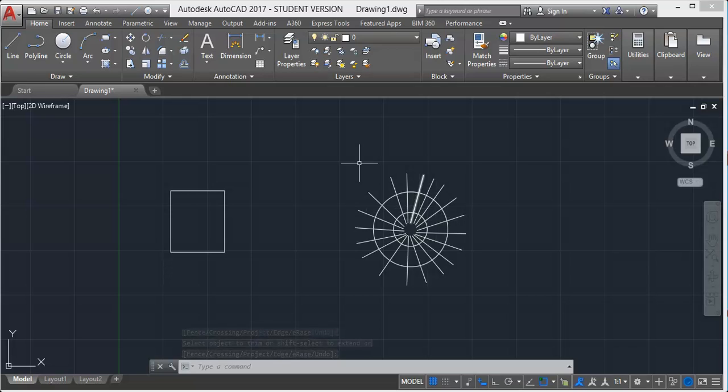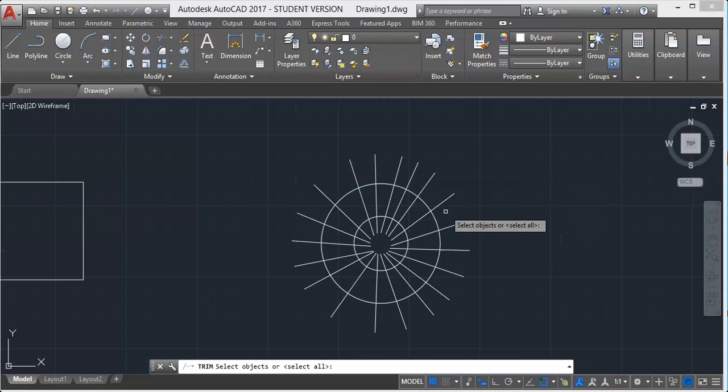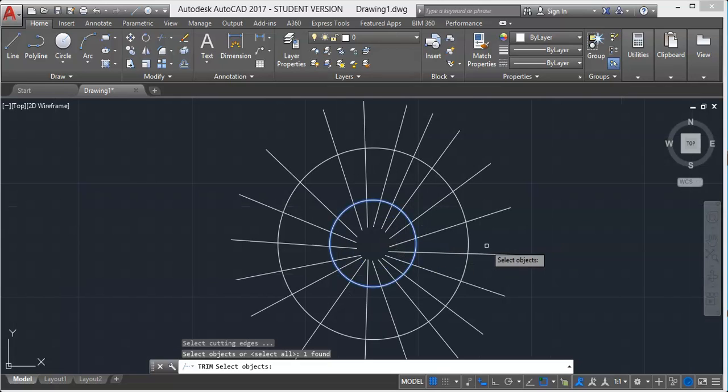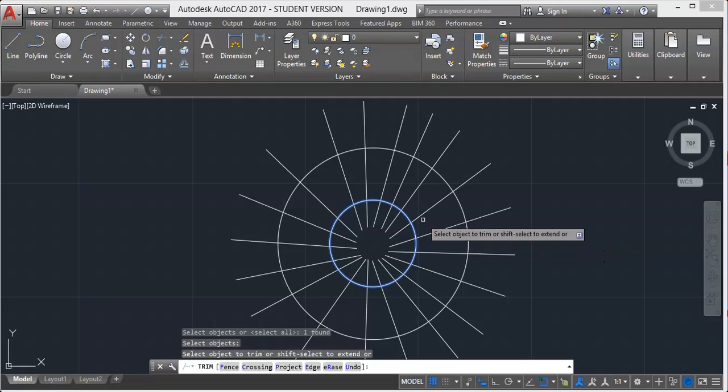For example, in this drawing, let's initiate the trim command again, but this time instead of pressing enter, I will select this circle. As soon as you select this circle, it will mark a boundary for the trim command. Now press enter, and then let's click on this line.